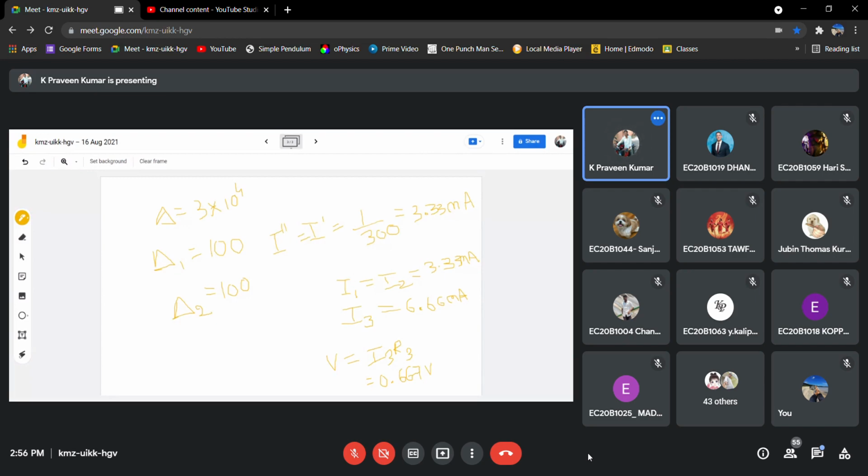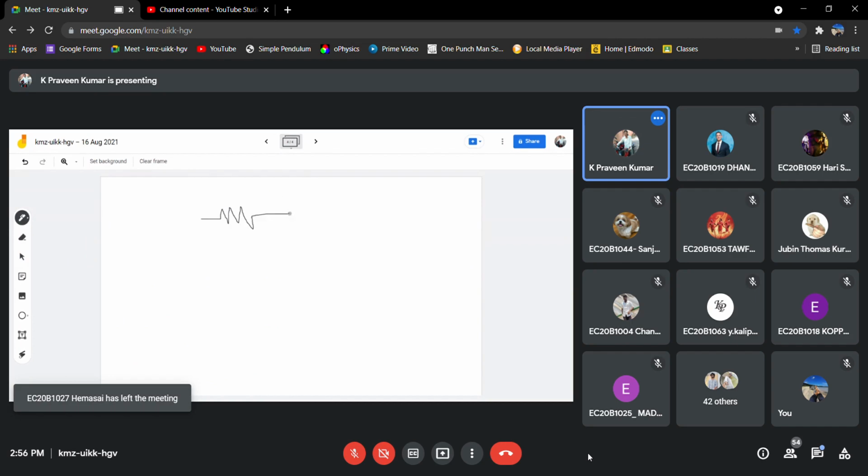Is this fine? Is it clear how to apply our KVL equations and how to calculate the branch currents and node voltages? Okay. So now again we will take this same circuit. Now we will apply KCL expression at the nodes. Then we will calculate again the same branch currents and node voltages.